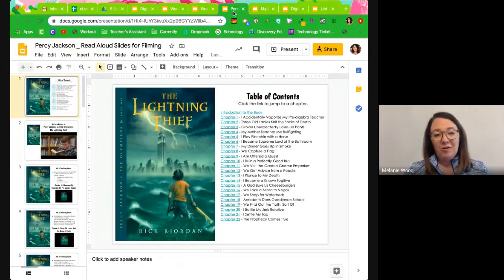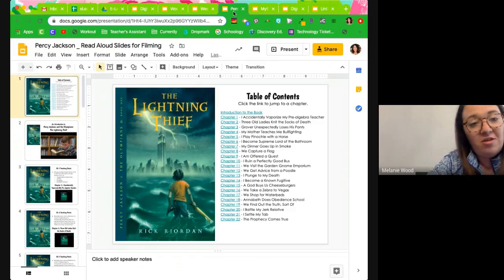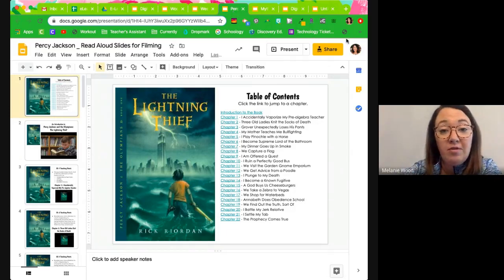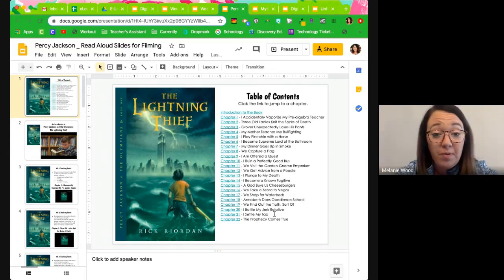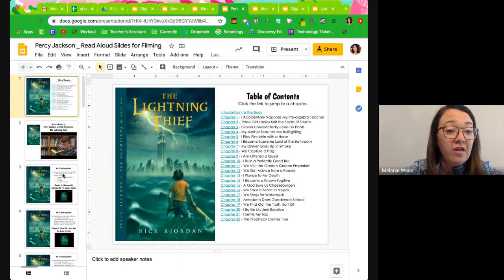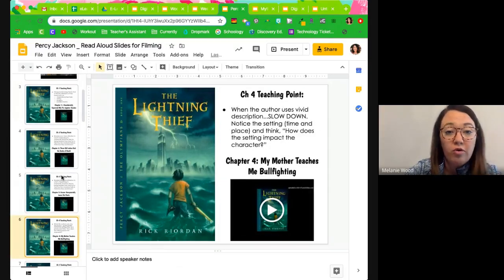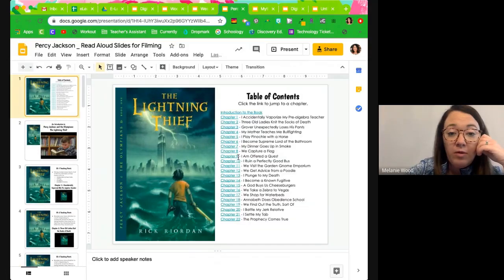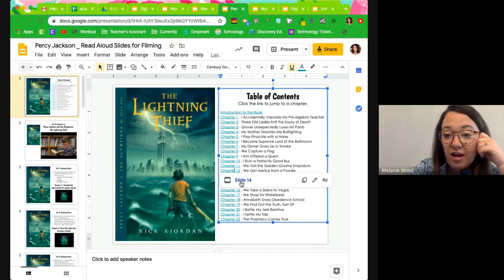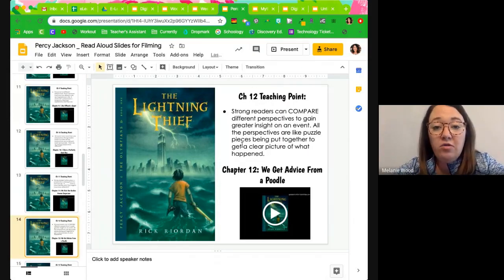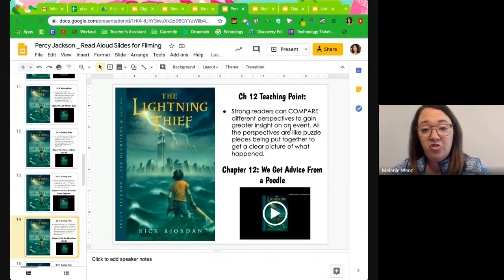Okay, so back to Percy Jackson. So we're reading this as part of our mythology unit. So I always like to have a table of contents for the kids, especially with a 22 chapter book. It would be a lot for the kids to come over here every day and be like, okay, I need to listen to chapter 12. They're scrolling through all of this. So instead, what we did was you just click here on chapter 12, and that's going to take them right to slide 14. When they get there, we have used the top portion to put in a teaching point,